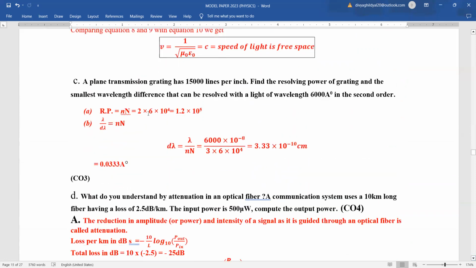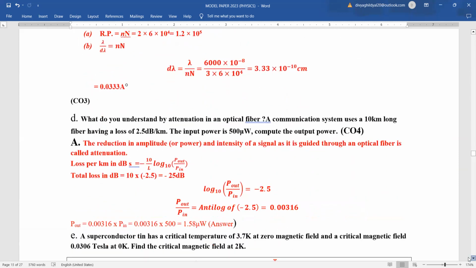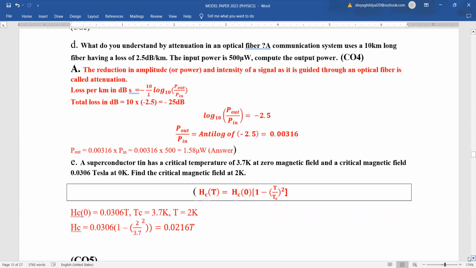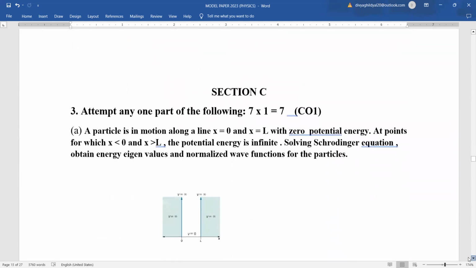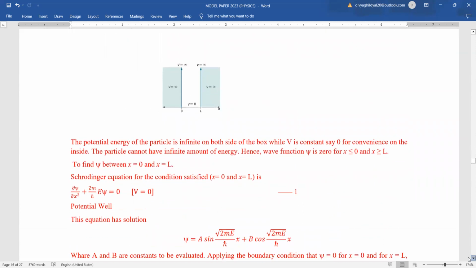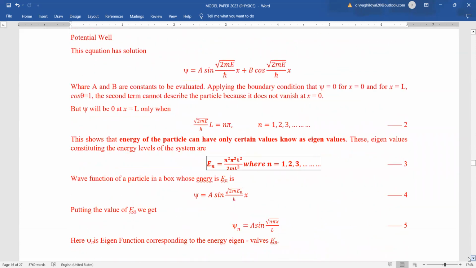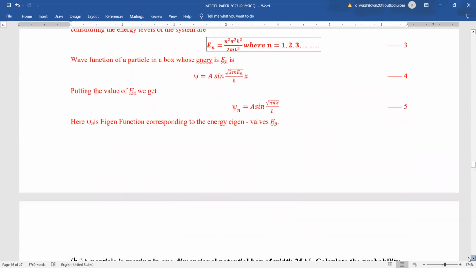For the grating numerical, resolving power is equal to n into N, and lambda upon d lambda is equal to the order of the spectra into the number of lines on the grating. Optical fiber numerical, this is how I am going to solve it. Superconductor, Hc equal to H naught into 1 minus T upon Tc whole square. Then let me see what is there for section C. If it is particle in a one-dimensional well, I will solve it in detail